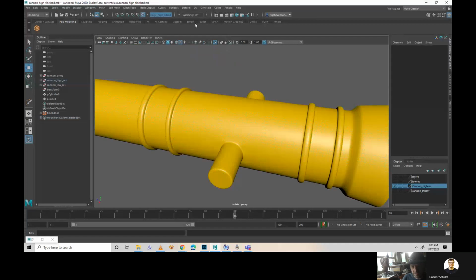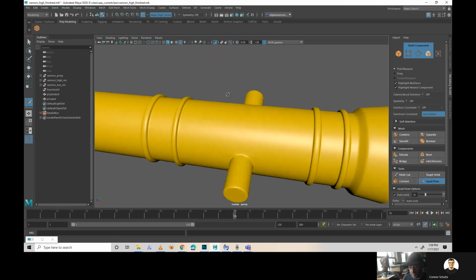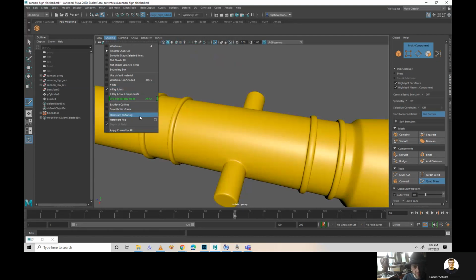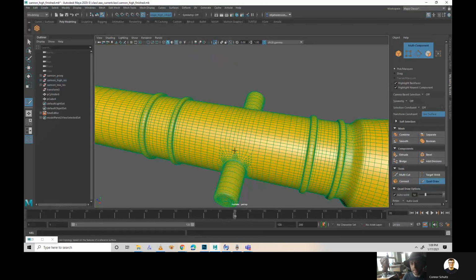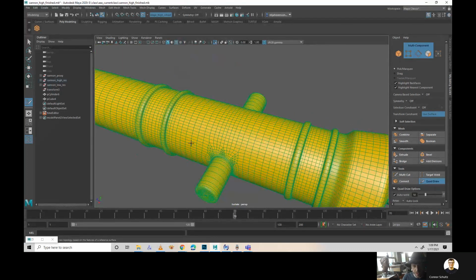You make this object live, and you can go into Quad Draw, which is in the modeling toolkit. Quad Draw is down in tools. That's your multi-cut. If the object is live, the wireframe should show up green, and so let's put wireframe unshaded. Yeah. And so if it's green, what it means is that using Quad Draw and moving around on an object, everything that I do will